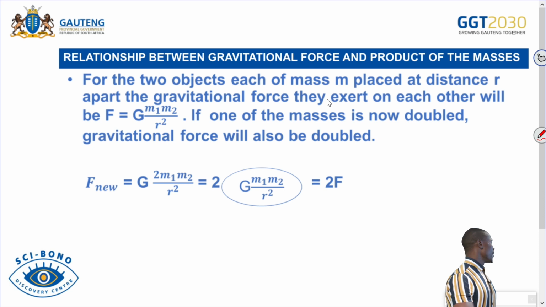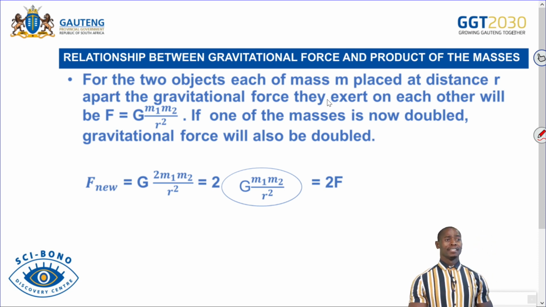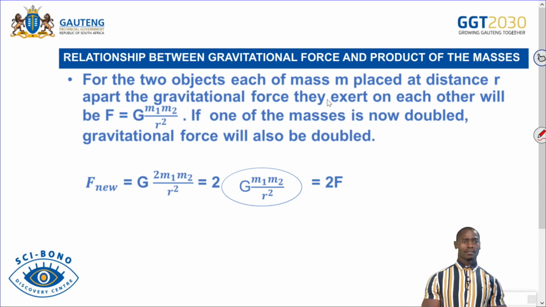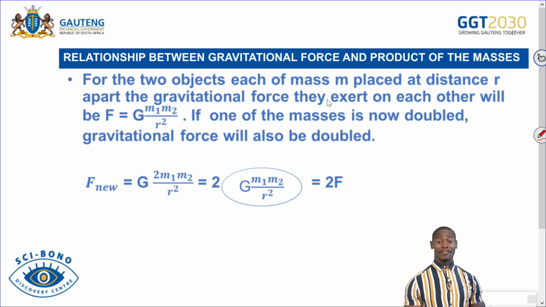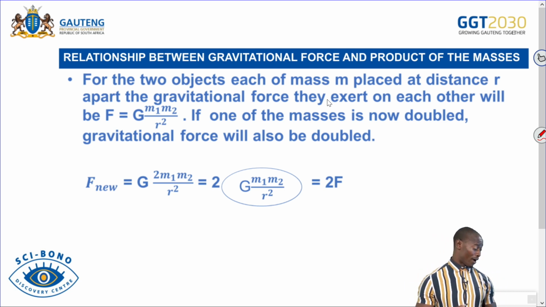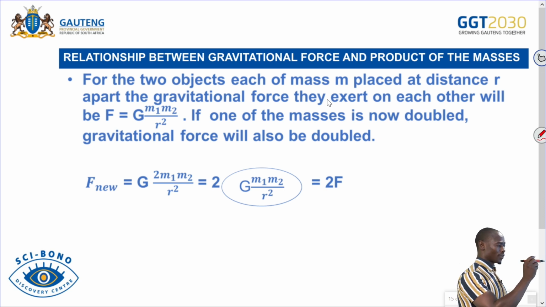Then the mathematical relationship again: for two objects, each of mass m, placed at distance r apart, the gravitational force they exert on each other is F equals G m1 m2 over r squared. So for example, if you're having two objects,